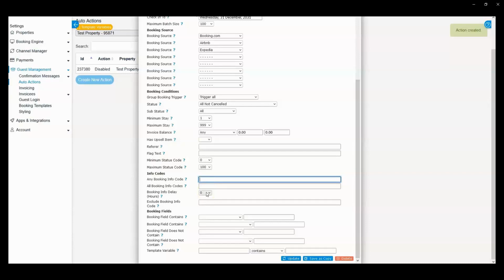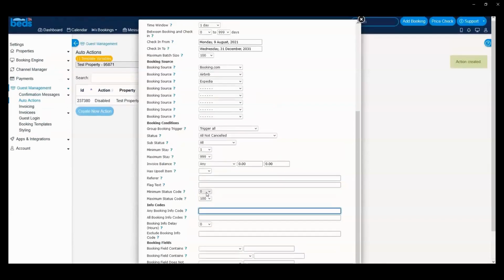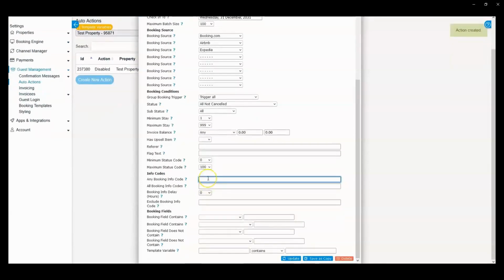inside the booking. Another example would be if you have two auto actions and you want one specific auto action to trigger after the other. To make sure that this happens, auto action 1 triggers on the booking normally, and it sets an info code inside the booking. Once the info code is set, auto action 2 would only trigger if the info code